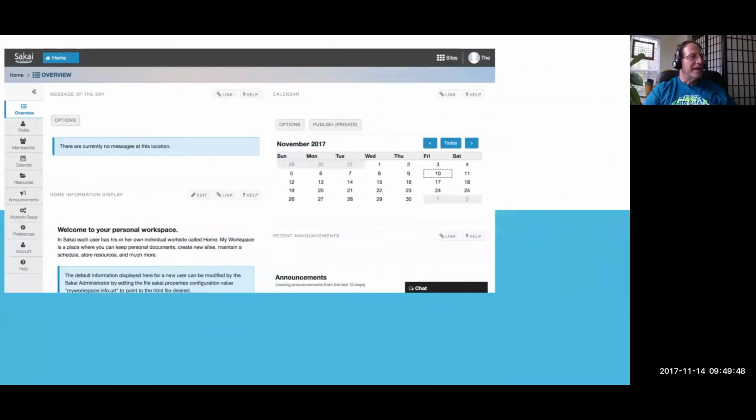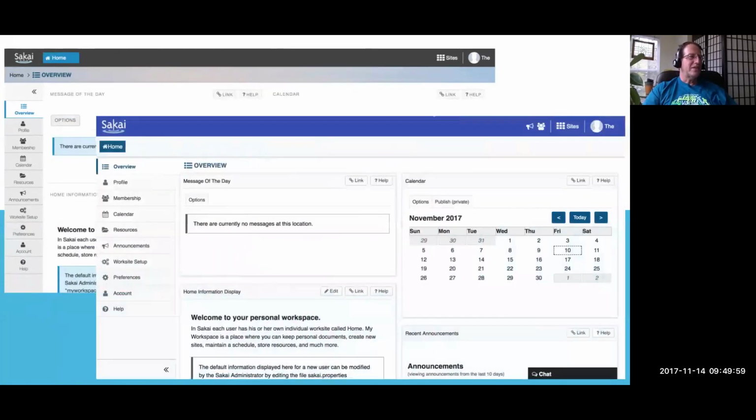So the first thing is just to show this is a screenshot of Sakai 11, and this is a screenshot of Sakai 12. Just to give you an idea that there was a lot of new skin stuff added in Sakai 12 versus Sakai 11 that makes it a little prettier, makes it a little easier to get around,